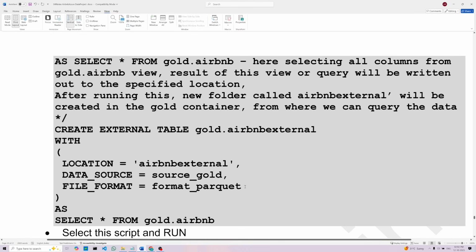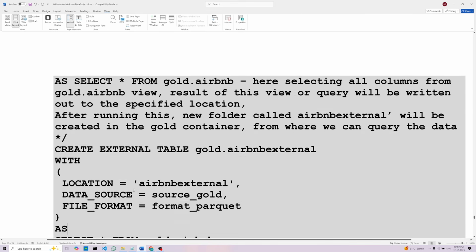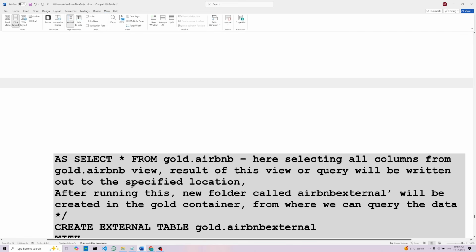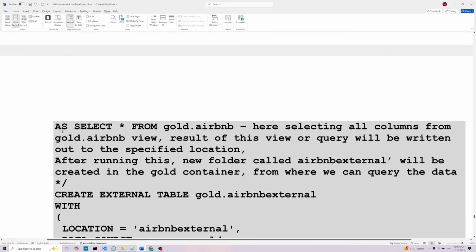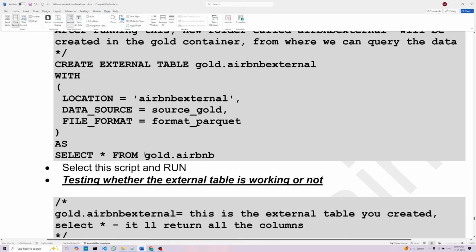So we will pass all this and then add select star from gold.airbnb, means using this external table we are storing the result of this view. Okay. This external table will store the result of this view